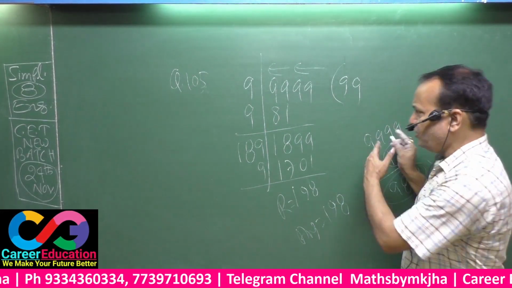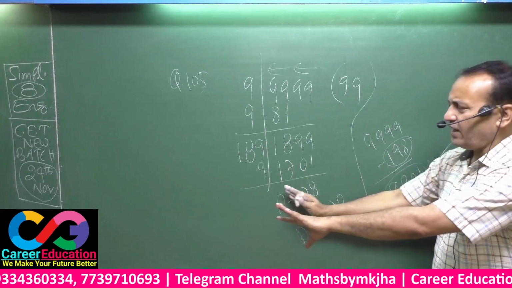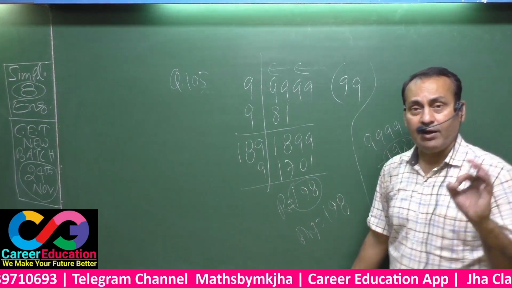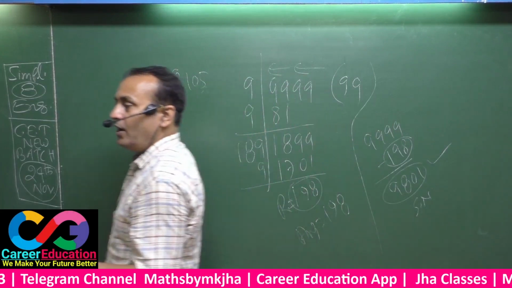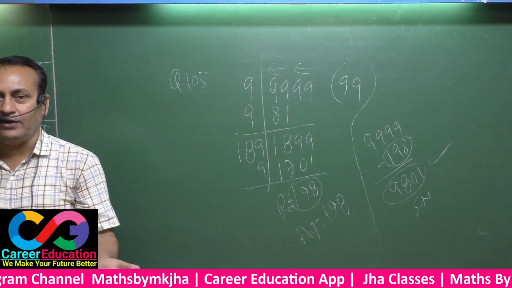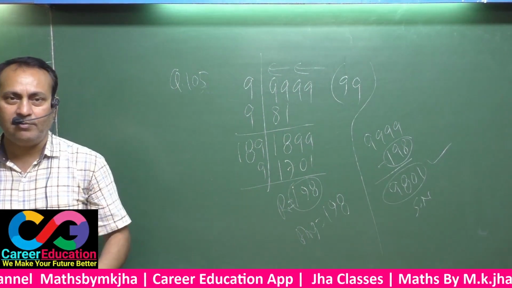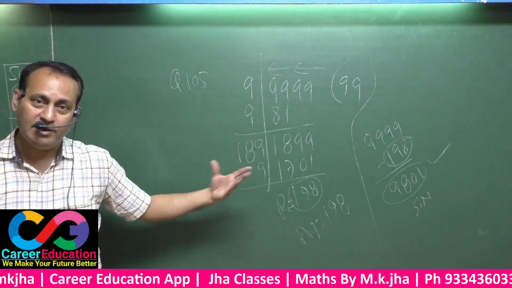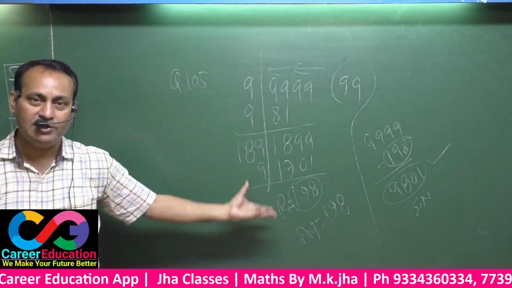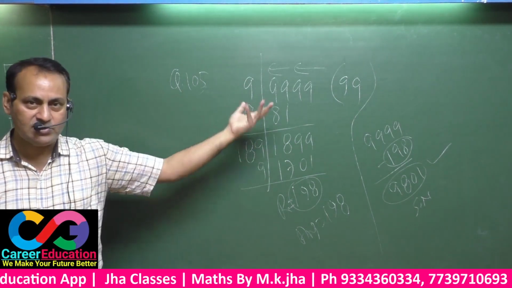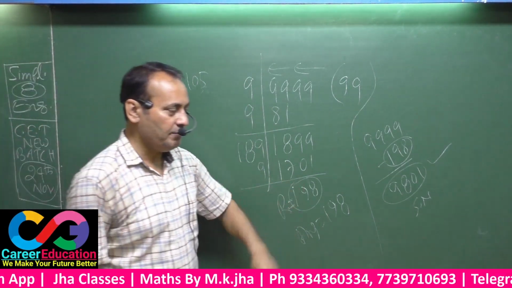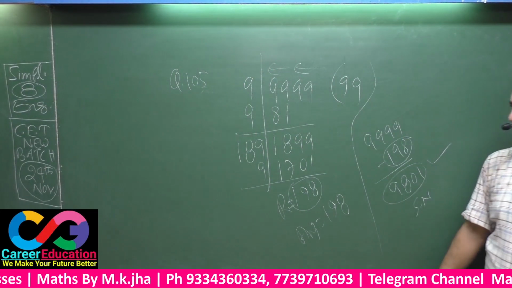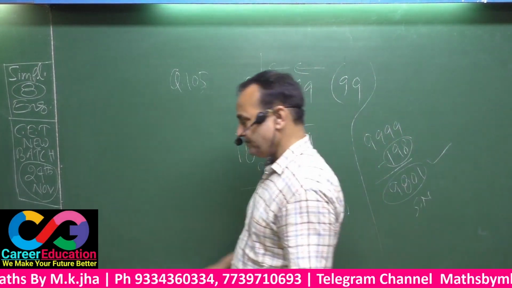No need to write down this. Okay. Only you have to write down this 198. This remainder will be your answer. Whenever the question asks you what least number must be subtracted in order to make a perfect square number, your answer will be all the time the remainder. That means after getting division of any square number, certainly whatever be the remainder, that will be subtracted. That is your answer. So must note down this.